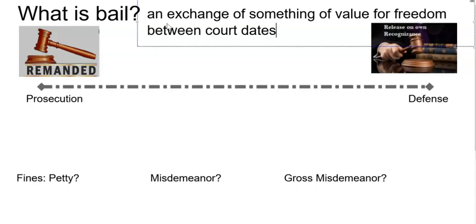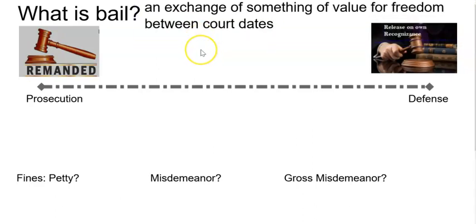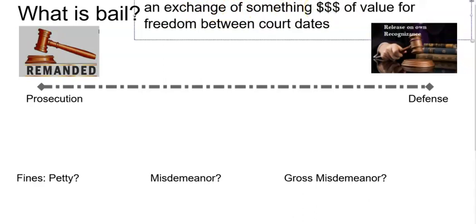If you need to have a pen, or you want to borrow a computer charger, and I want my computer charger back, I may ask you for something of value, so that I will take something of value from you in exchange for something of value from me. So when somebody is potentially going to be held in custody between court dates, the thing of value for them is the ability to not be confined in jail between those court dates. So they will exchange something, and in this particular case, what we're looking at is money.